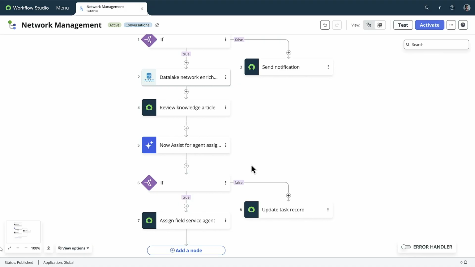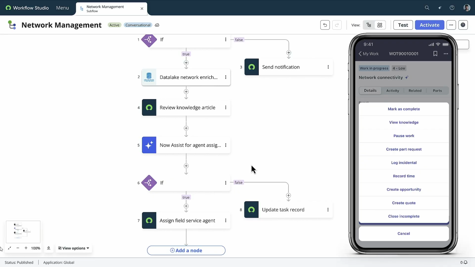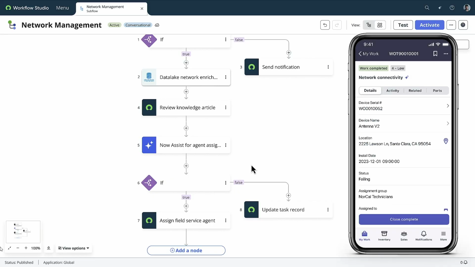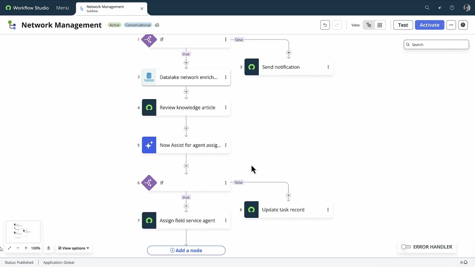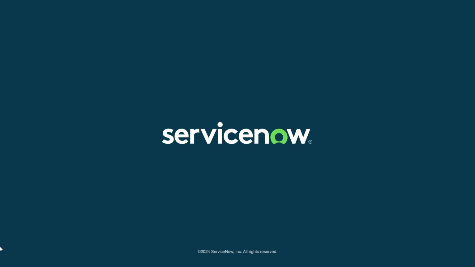This data powers not just workflows, but also more accurate and actionable AI. Here, during an outage, an AI agent uses the same Data Fabric connections and workflows to diagnose the issue, find the right technician, and complete a first-time fix. The repair is automatically documented and reflected in all Data Fabric connections. No need to update, move data, or keep multiple systems in sync. Workflow Data Fabric unifies data across your enterprise, powering all your workflows and AI agents with real-time data from any source, inside or outside ServiceNow, all on the single AI platform for business transformation.